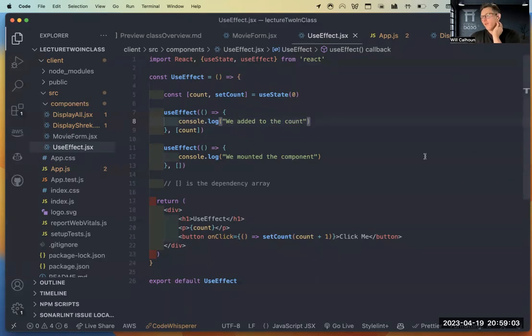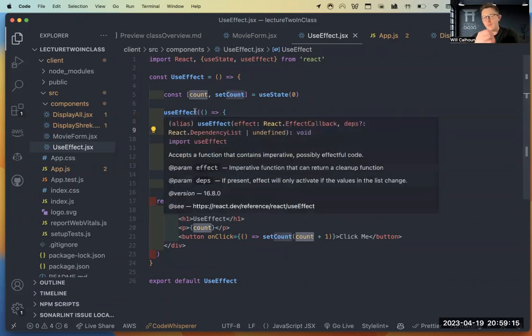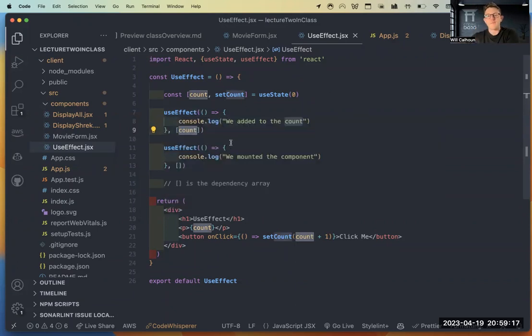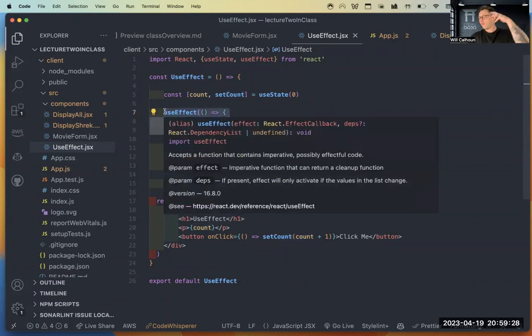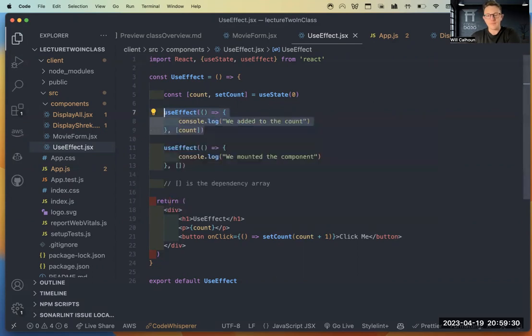So, yeah, Gray's right. useEffect is a tough concept. It's a hook, one of the main hooks. But once we introduce APIs, I think you'll say, oh, okay, this makes a little bit more sense. I don't even think we really have you deal with dependency arrays. But I just wanted to make sure that you guys are aware that, hey, it is decoupled from APIs. It is a great tool for APIs, but you can use it without them, just in case you need to do that with your code.